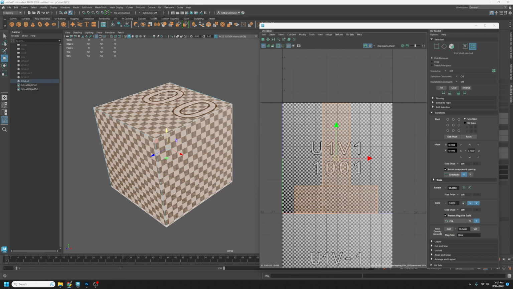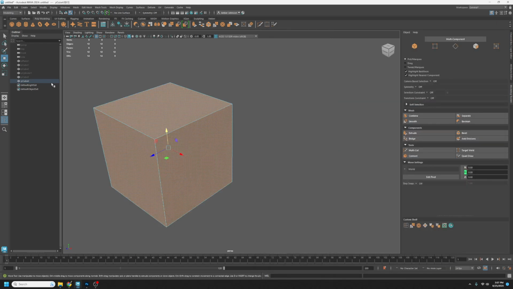So in other words, texel density is the amount of texture resolution on a mesh. Pixels are the smallest unit of information on your screen, and texels are the smallest unit of information that make up a texture. So, this one by default is pretty clean, pretty straight,